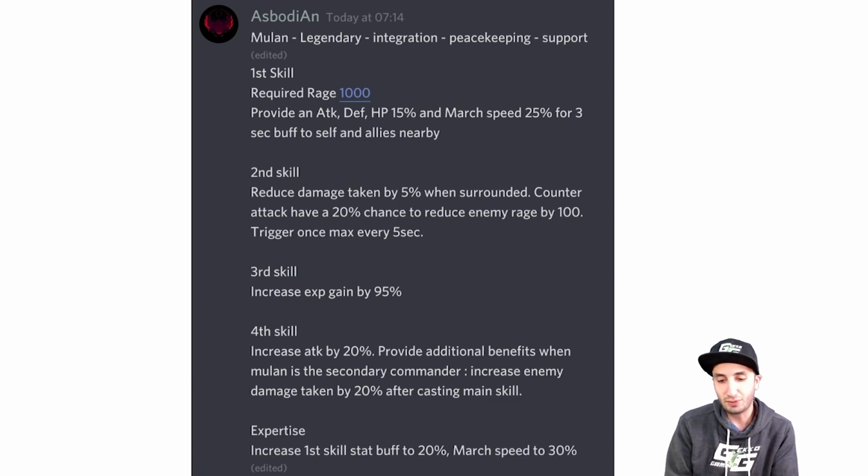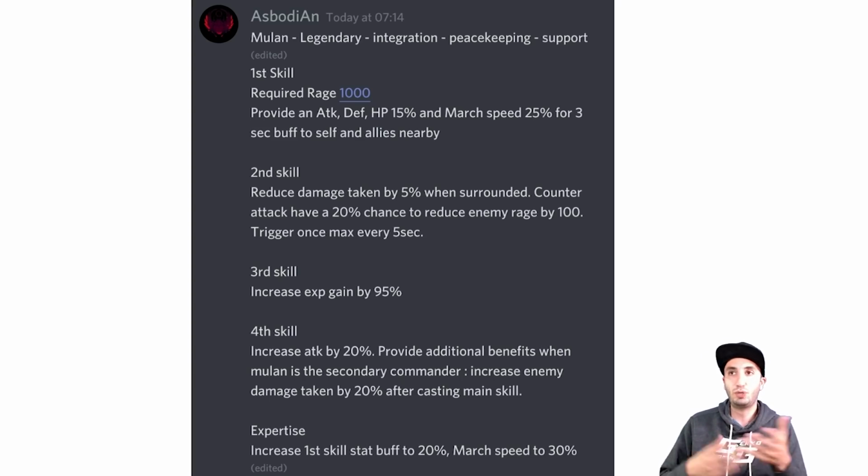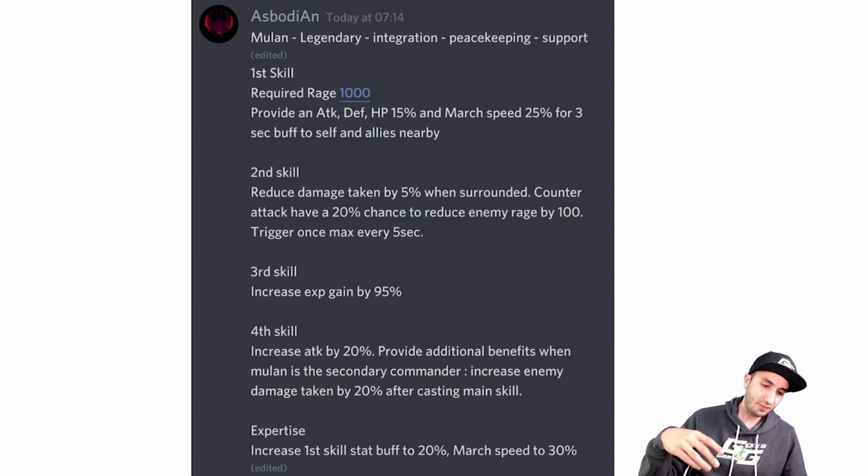So if she's getting surrounded by 5 marches, 5 counterattacks are happening, and therefore there's a 20% chance for each that one of them will lose rage. I think that the 5 seconds is a bit too much. It will not be that useful. If that was like every 2 or 3 seconds, that would be a little bit easier, because what this means